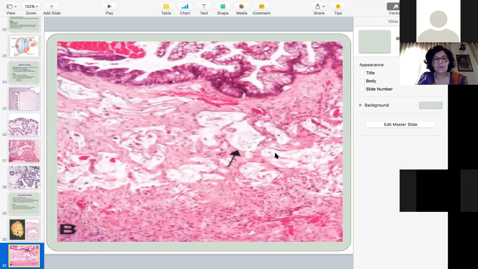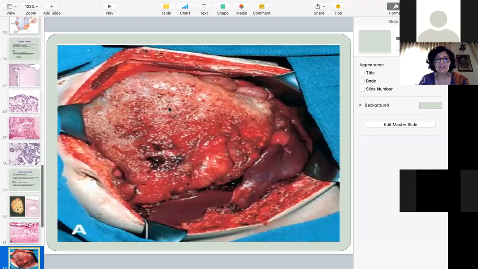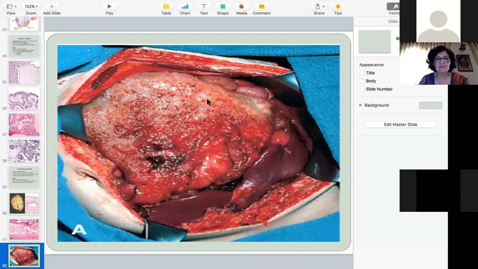And this is pseudomyxoma peritonei. This is the peritoneal cavity, which is filled with this jelly-like mucinous material clumped together and encasing all the bowel loops. This is a typical feature of a metastatic mucinous tumor of either ovary or appendix. So pseudomyxoma peritonei is a complication of a stage 3 ovarian mucinous tumor, with the mucinous material filling the entire peritoneal cavity.